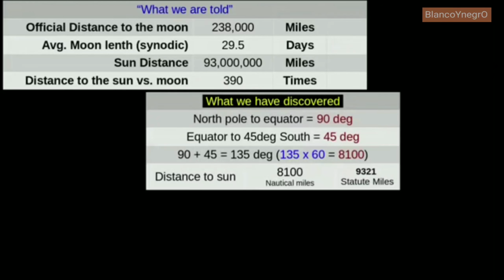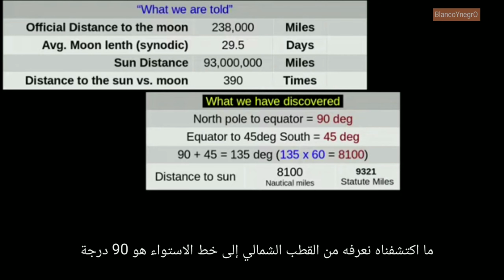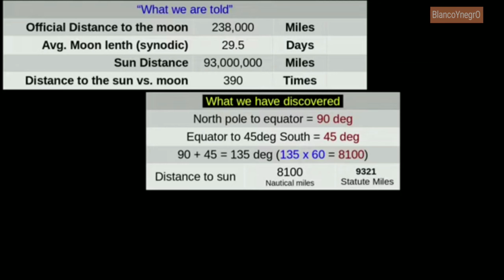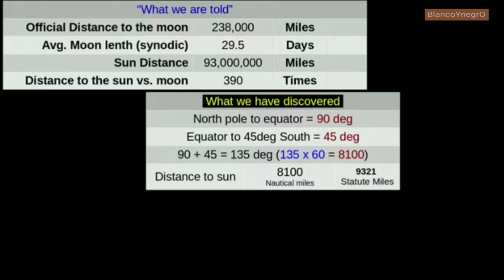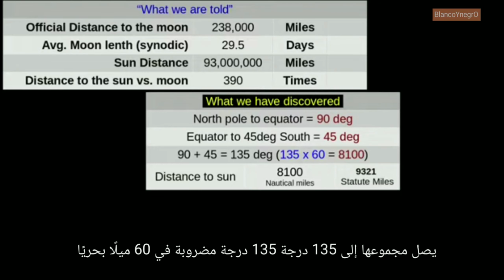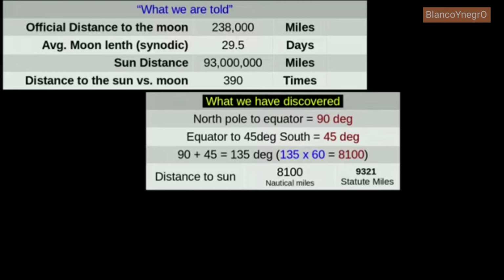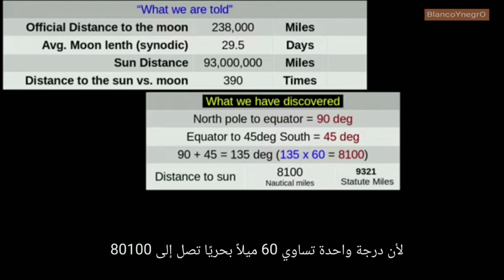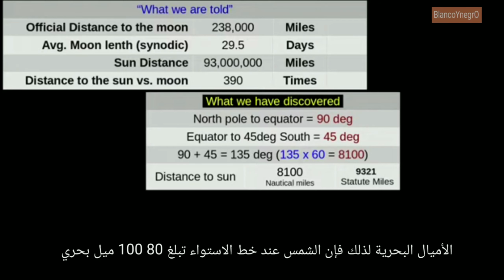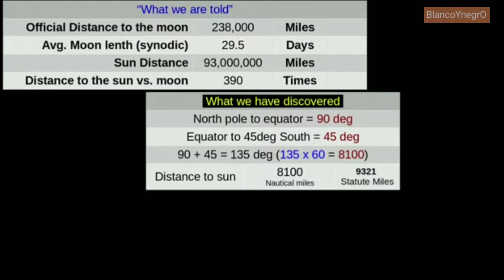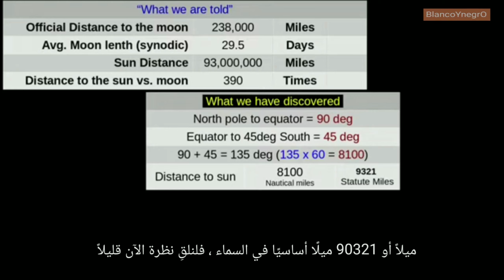So now we look at what we know so far, what we have discovered. We know from the North Pole to the equator is 90 degrees. We know from the equator to 45 degree south is another 45 degrees. So if we add them up, we have a total of 135 degrees. 135 degrees times 60 nautical miles, because 1 degree is equal to 60 nautical miles, comes out to 8,100 nautical miles. So according to this, the sun at the equator is 8,100 nautical miles, or 9,321 statute miles, up in